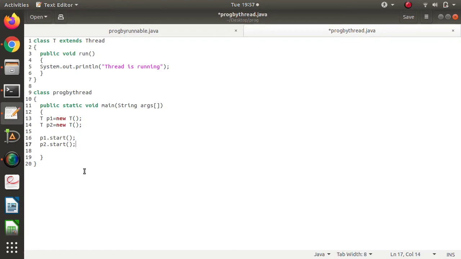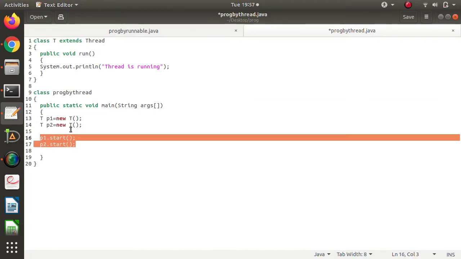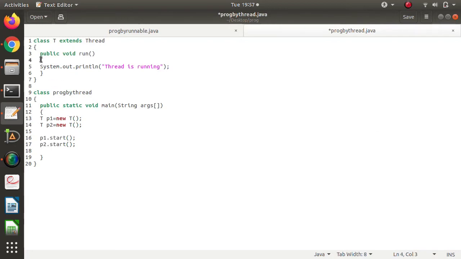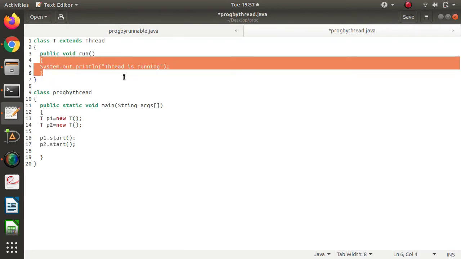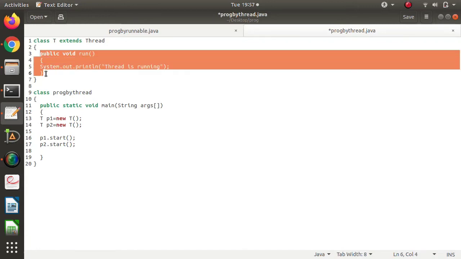So in this example we are creating two threads and calling start method for them, and we are allocating similar tasks to both threads. The task is to print thread is running. Whenever the start method is called, the run method is implicitly called.